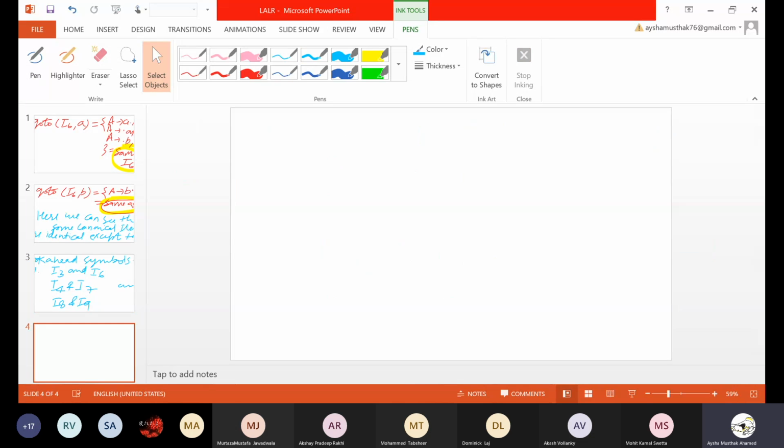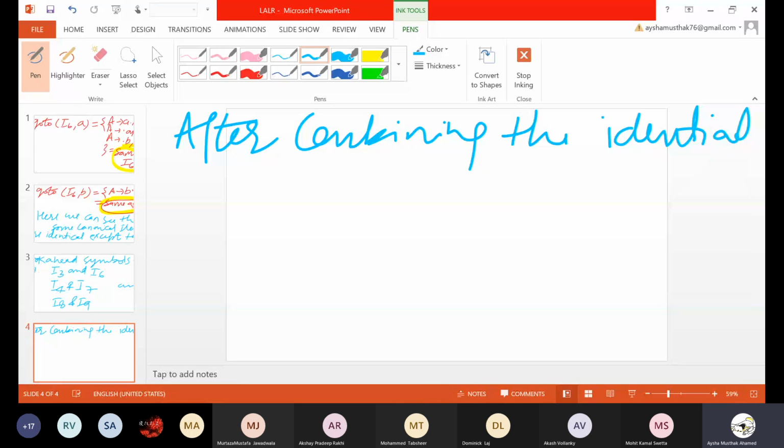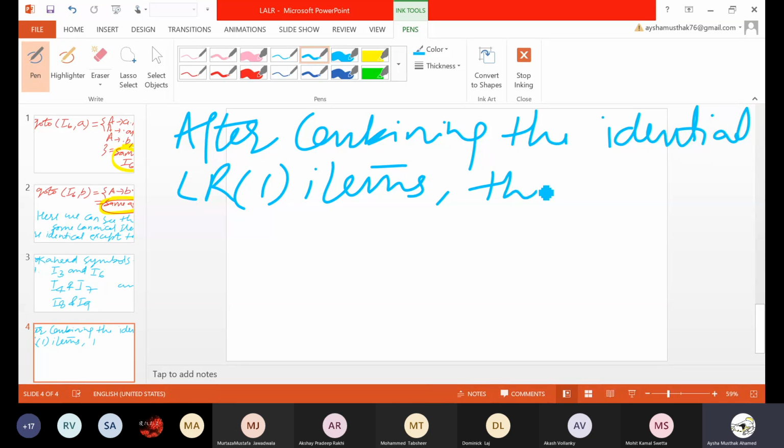So after combining the identical LR1 items, set of LR1 items are